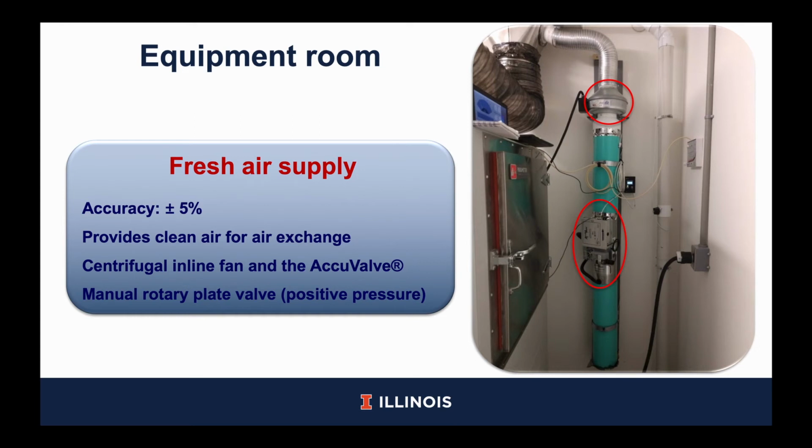Each of the chambers is set with a slight positive pressure because we need to avoid external air getting inside of the chamber without being controlled. And this positive pressure is achieved by the use of a rotary valve in the exhaust pipe. And this positive pressure could be monitored using a wall manometer that is placed next to the system.